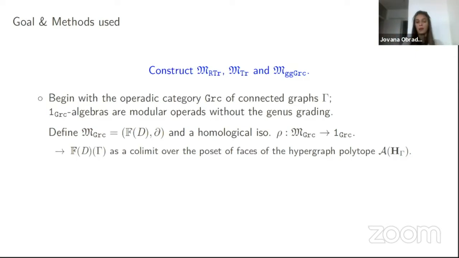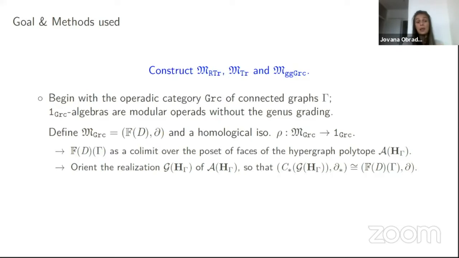Once we had represented our minimal model in terms of an abstract combinatorial polytope, we then showed that the genuine convex polytope that realizes our abstract polytope can be oriented in such a way that the associated cellular chain complex is isomorphic as a DG vector space to our minimal model. And of course, since this is a chain complex of a genuine convex polytope, it's acyclic in positive dimension. So of course, the same must be true for our minimal model.